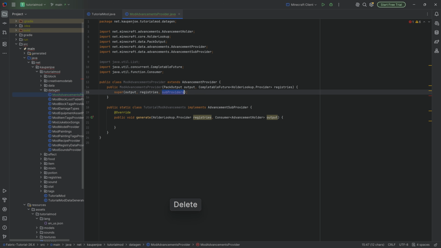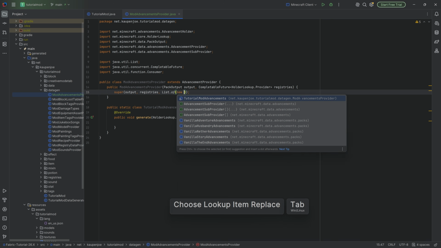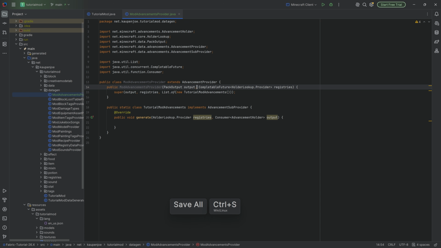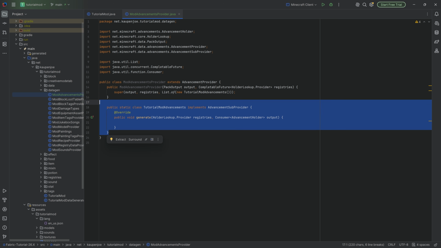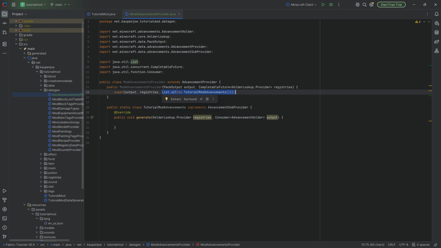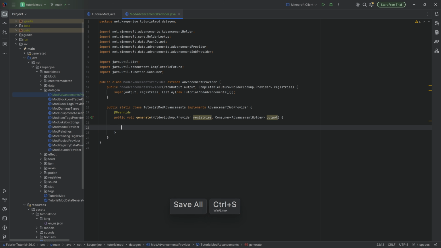We can then in the sub providers here do a list.of, passing in a new tutorial mod advancements. Idea being that if you have multiple different tabs that you want to create for your advancements, then you just make another static class within the mod advancements and you add it to the list. Should be trivial for any Java beginner level, Java intermediate level, should be no worries